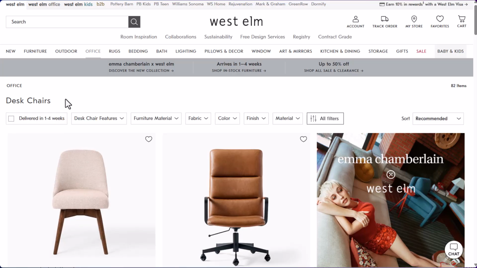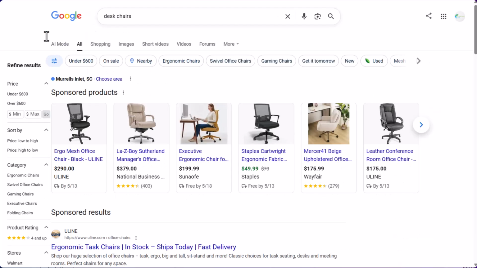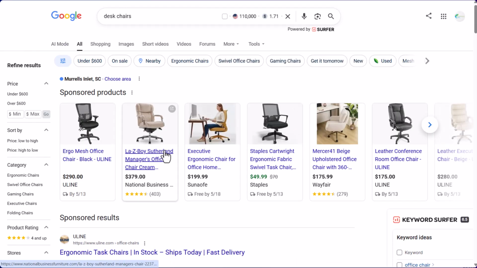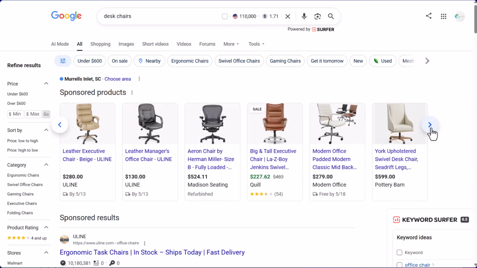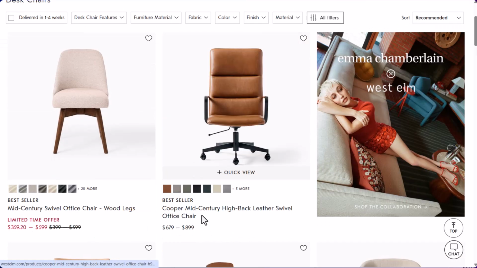The problem with that in this case is you're going to be targeting like these. And if we come over here and say, okay, desk chairs, now you have millions, if not billions of products, like these cheap products. You're going to have pretty expensive products, kind of these mid-range type products. You're competing with everybody. But if you're West Elm and you're saying, okay, we have this Cooper mid-century high back